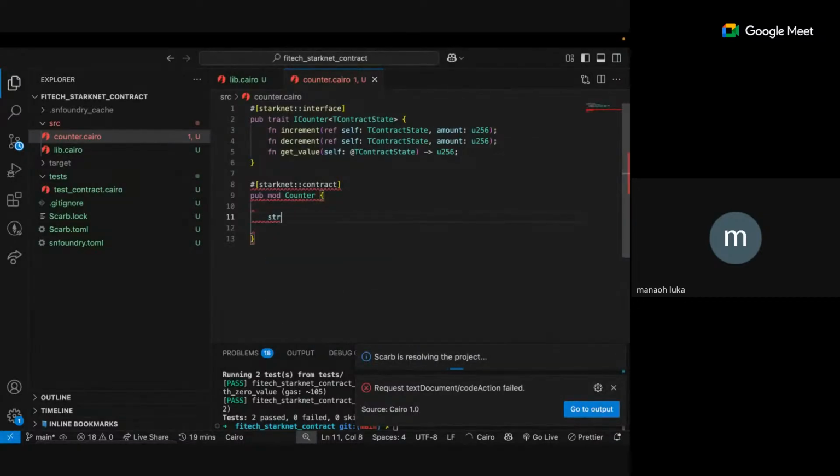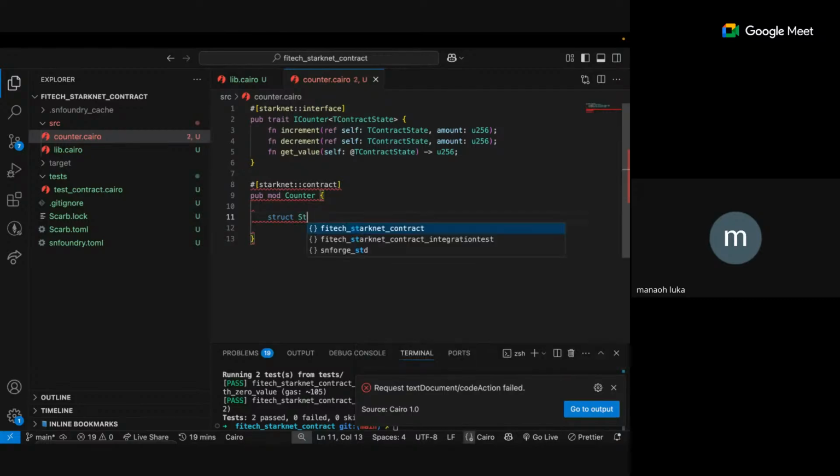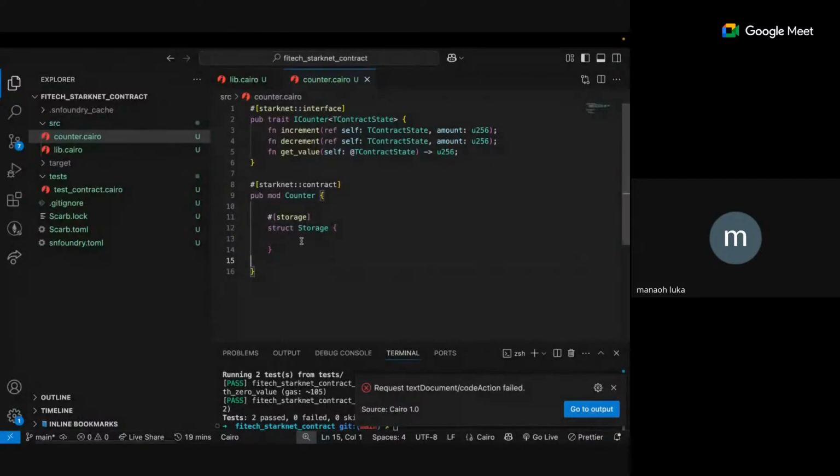So this is a struct. I'm going to say struct and then call it Storage. This is the name you must use by default, and then add this attribute to it so that it is known that it is our state. So I'm going to write storage. That is going to treat this struct as a storage. So as you can see, even though it's empty, the error is gone completely, and it is known that this is a storage. So let's add our first state variable inside of it. It has already been suggested. Our first state variable is value. This is the value we are going to be mutating, changing, and then